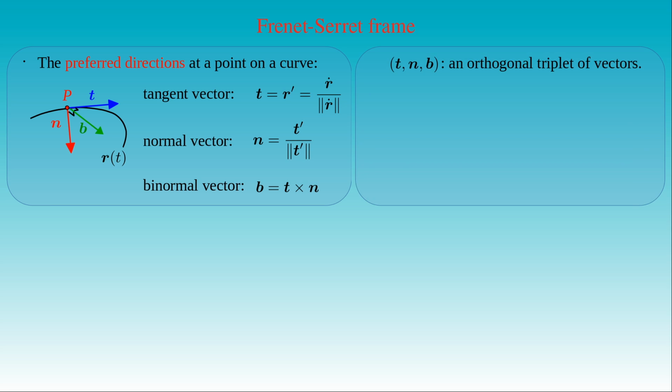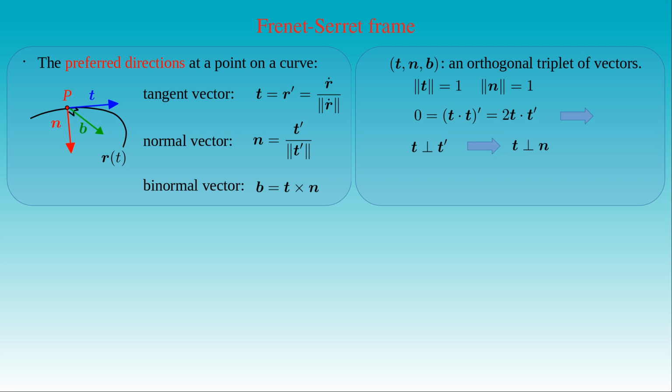By definition, the tangent and the normal vector have unit lengths. Since the length of any vector can be written as the scalar product with itself, the derivative of the scalar product of any unit vector, for example the tangent T with itself, vanishes. As a result, the derivative of T dot T is equal to 0. If we apply the Leibniz rule for the derivative of the dot product, we obtain 2 times the dot product of T and T prime. Then the scalar product of T and T prime vanishes, which means the tangent T is perpendicular to its derivative. Since the normal vector n is just the normalization of the derivative of the tangent with respect to the arc length, the tangent T is also perpendicular to the normal vector n.